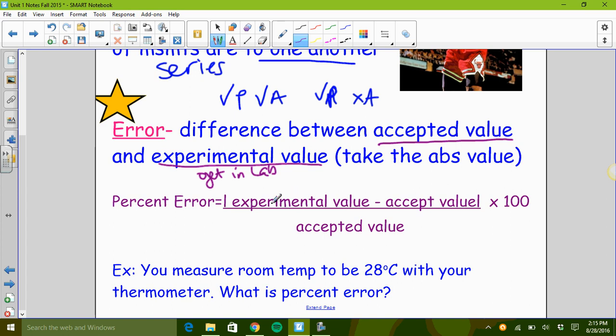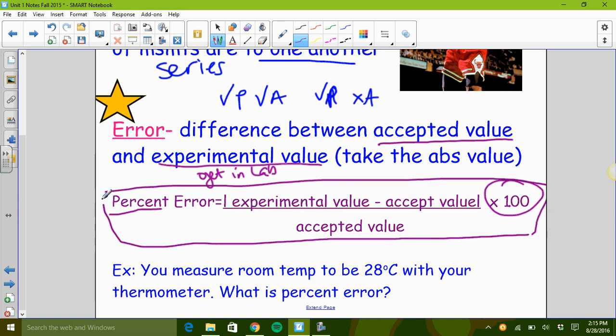However, in order to get percent error, you need to take those values in your subtracted form, divide it by your accepted value, and times by 100, because all percents always are multiplied by 100. So this formula is very important to remember. Very important. So please write that down. Accepted minus experimental over accepted times 100 is how I remember it when I write it in shorthand. And you'll notice that these absolute value brackets allow me to write A minus E or E minus A. Either way will work because you're doing the absolute value.